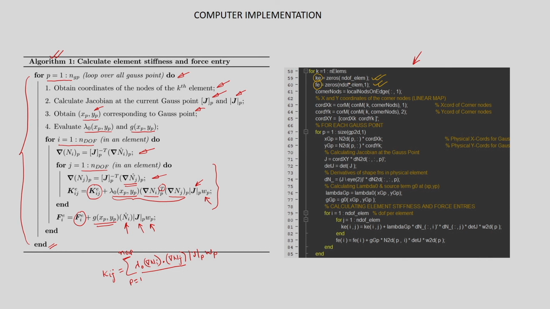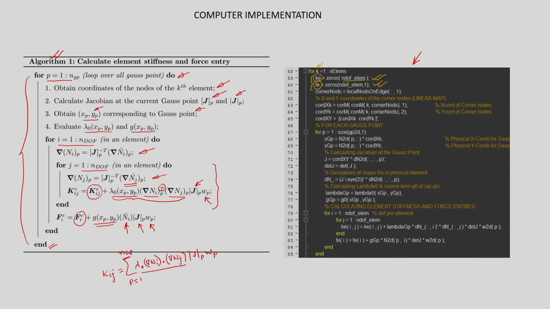And what is the size? Size is the number of degrees of freedom per element. In this case the number of degrees of freedom per element is 4. So, the Ke is 4 by 4 containing only zeros, and this we are doing for every element K,